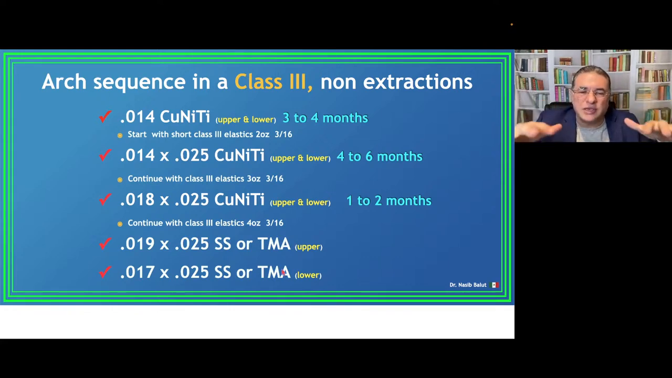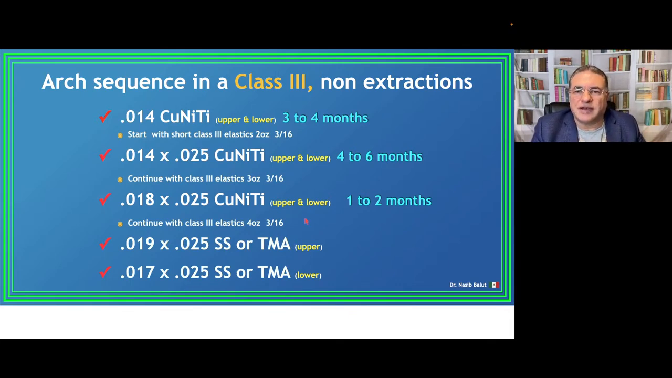Because I always want to have less friction, and usually the torque requirements are more in the upper anteriors. So that's why I use a 19 by 25 in the upper arch and a 17 by 25 in the lower arch. So this is generally my arch sequence in my class 3 patients